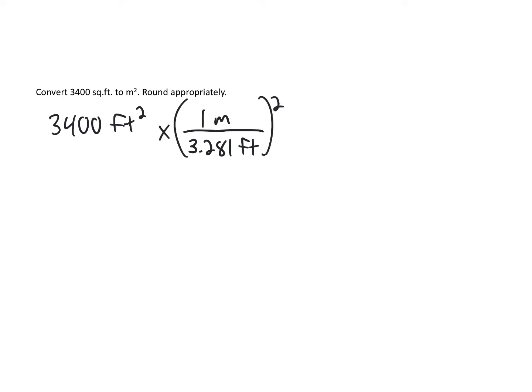Now we're going to convert an area. So we have 3,400 square feet, or feet squared. We wish to go to meters squared. We're going to use the linear conversion factor. There is 1 meter is equal to 3.281 feet. But that is the linear factor, so we need 2 of it. So we square it. And this will give us